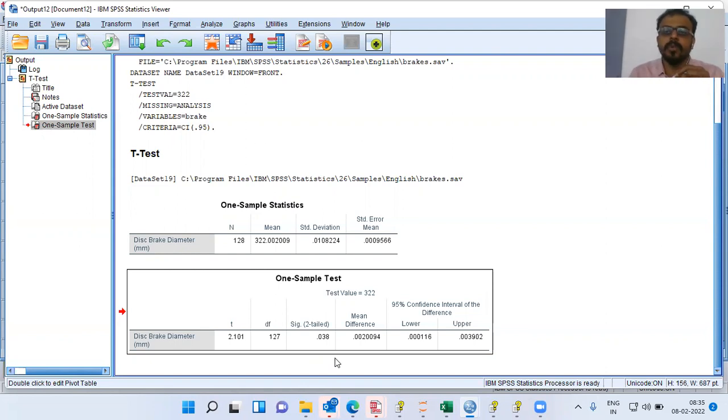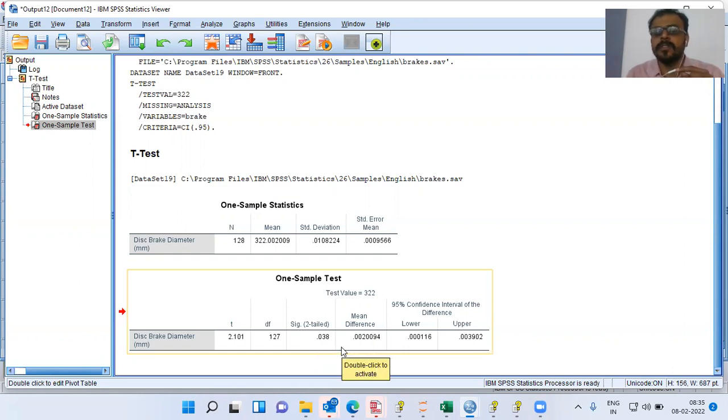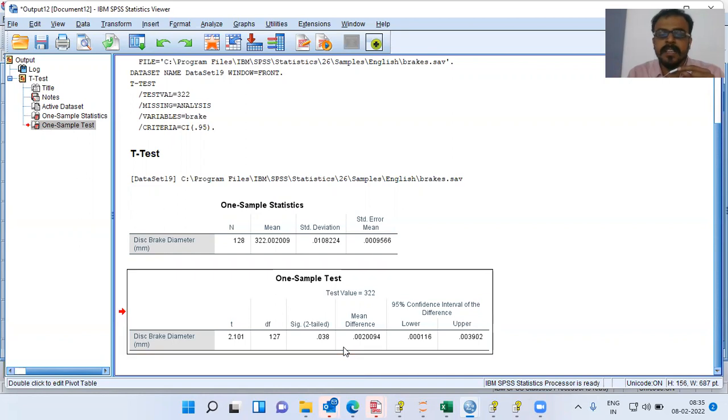A simple thumb rule is to compare this p-value with the level of significance. The level of significance here is 0.05. The question here is: is this p-value lesser than 0.05 or is this bigger than 0.05? We can clearly say that 0.03 is less than 0.05. And since the p-value is less than 0.05, I will go ahead and reject my null hypothesis and hence conclude